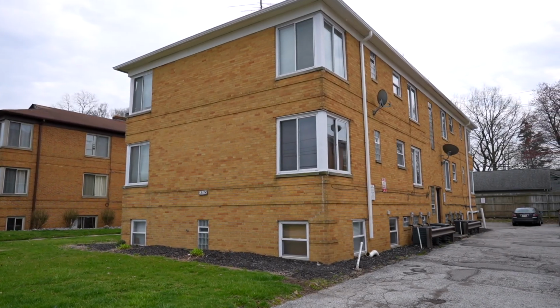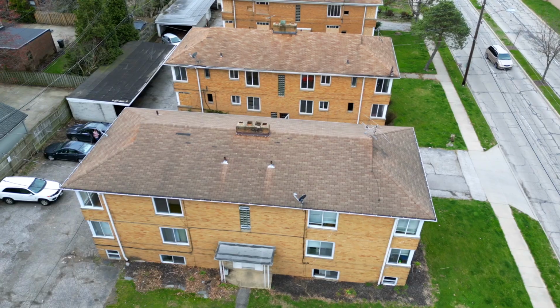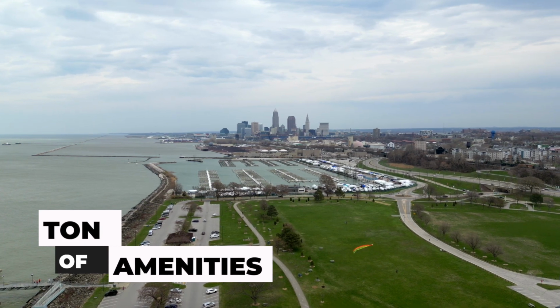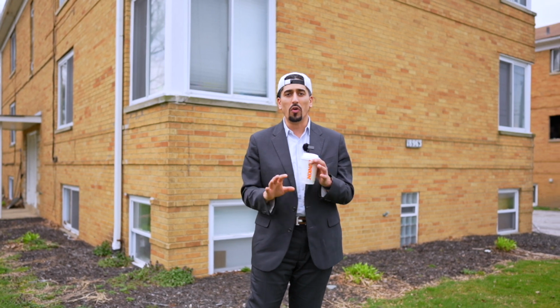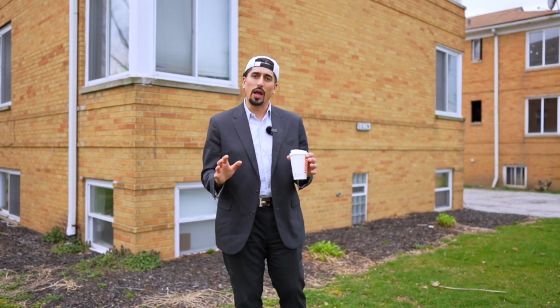I'm here to present to you guys 18963 Hilliard in Rocky River. This is a 6-unit multifamily in one of the most desirable neighborhoods in Northeast Ohio. You're in Rocky River and right on the cusp of Lakewood, so a ton of amenities, a lot to do in these two beautiful areas. We're going to get a first-hand look at the full list of renovations completed here in this turnkey multifamily. Interior repairs, exterior repairs, there was no expense spared, which has really helped us get in and maximize rents, subsequently